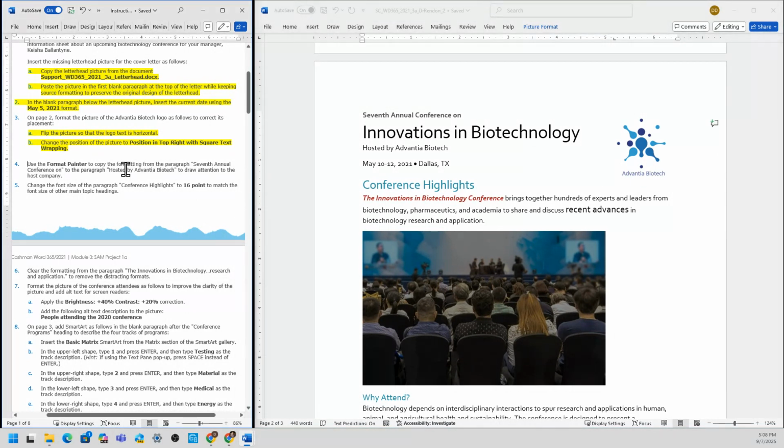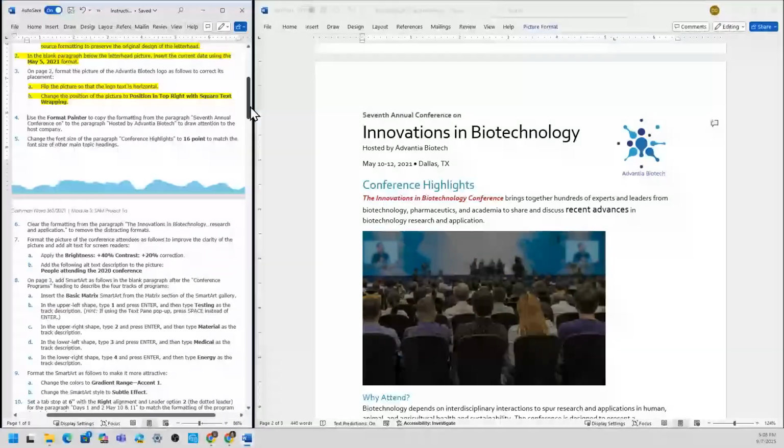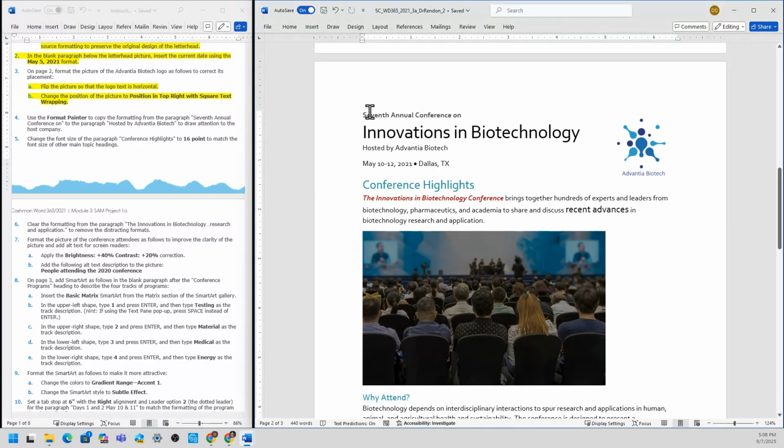Now, step 4: use the format painter to copy the formatting from the paragraph 7th Annual Conference, which is here, and copy it to the paragraph Hosted by Advantia Biotech. So basically, we're going to use the format painter.